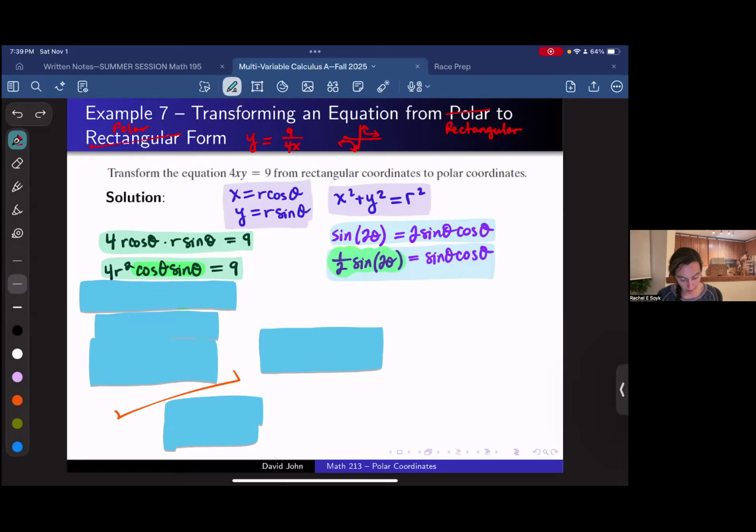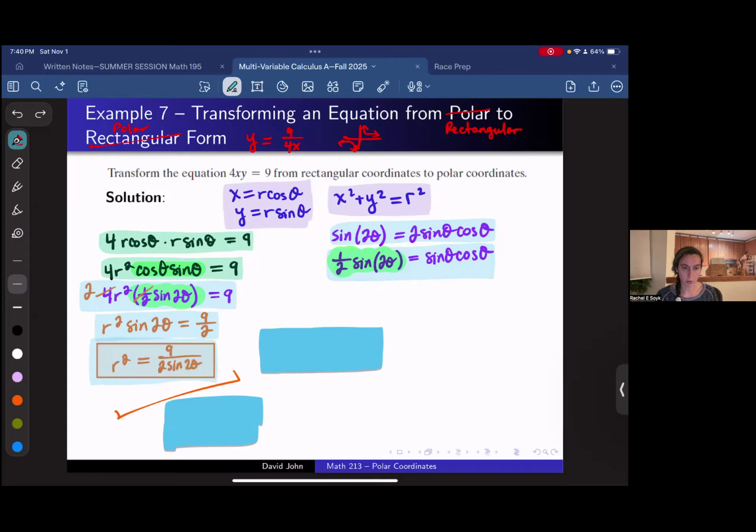And when we do that, we get the following. And we can simplify. This 4 on the outside goes into 2 twice. So now we're looking at 2r squared sine 2 theta is equal to 9. And then let's go ahead and divide both sides by 2. And so we get r squared sine 2 theta is equal to 9 over 2. And then last but not least, let's divide both sides by sine 2 theta. So our r squared is just simply 9 over 2 sine 2 theta,